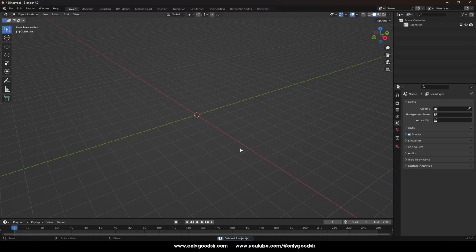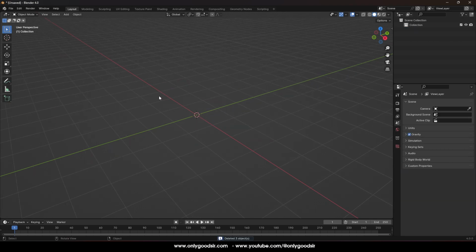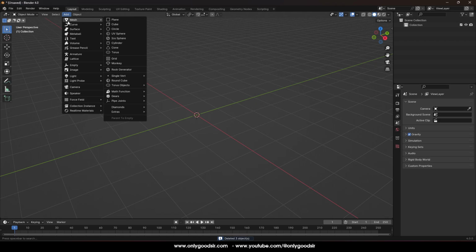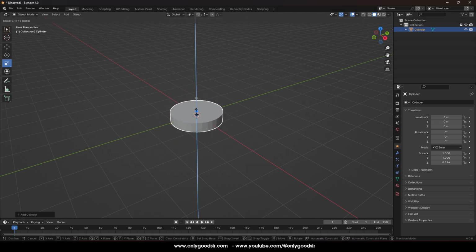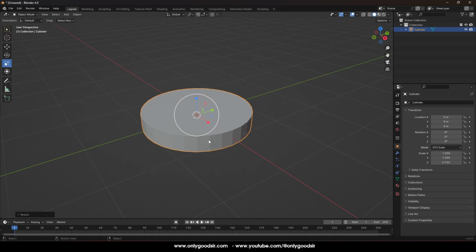Just going to delete everything. Let's start building our clock out. So we're going to start with a cylinder. Let's make our clock face, and we'll scale this down like so. I want it kind of chunky, a little bit chunky,